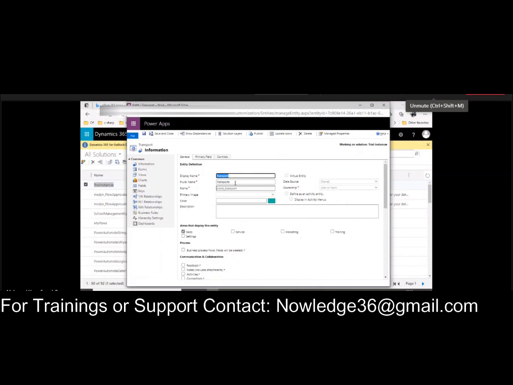Now the transport entity is created. This is the schema name for the transport entity, and this is the ownership.